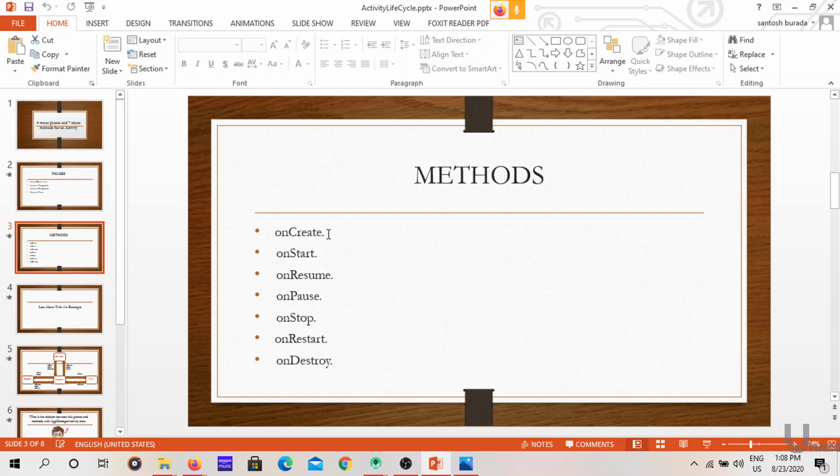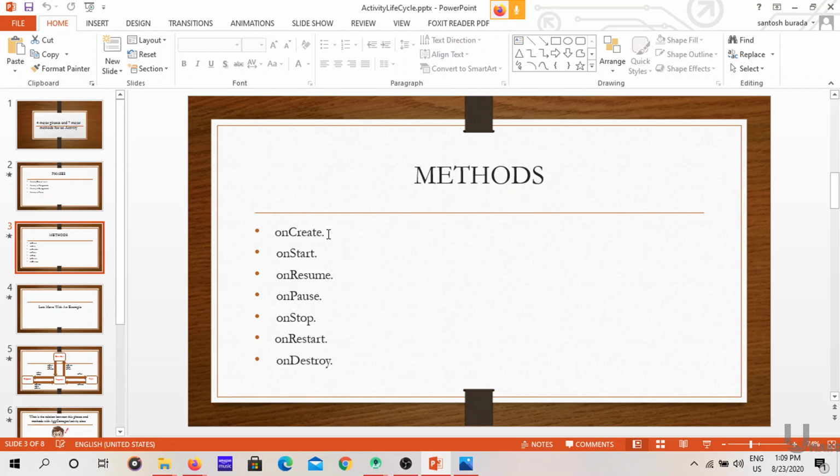The reason is, whenever an activity comes from the background state to the foreground state, before starting the activity we must restart the activity, because this activity is coming from the background phase to the foreground phase.